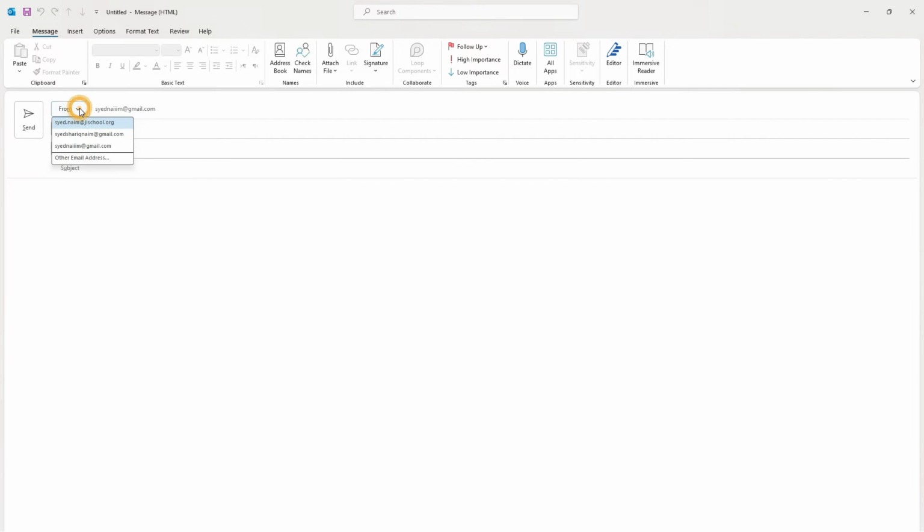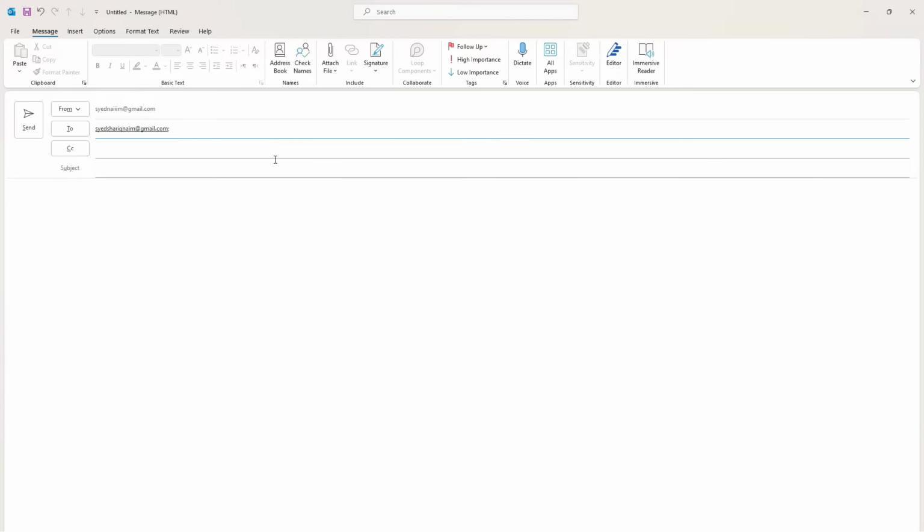Once you have selected the account from which you want to send it, here you have to choose the person to whom you are going to send this email. Suppose I write one more of my email addresses, and I send a demo account. Suppose I added you. Okay, now after this, you see there is a semicolon.